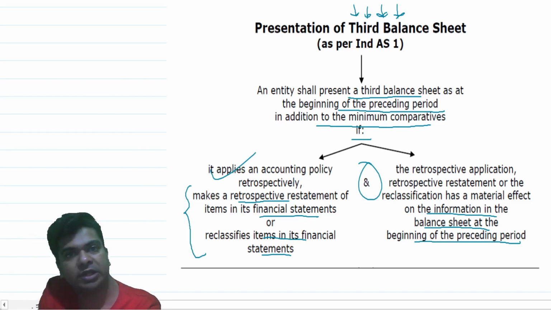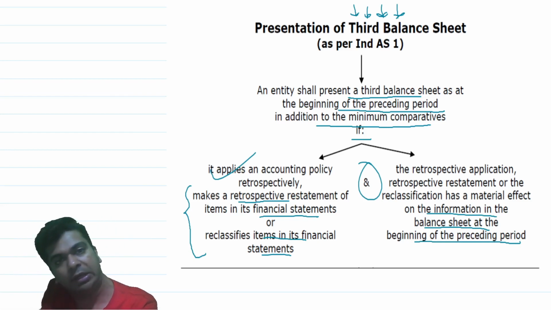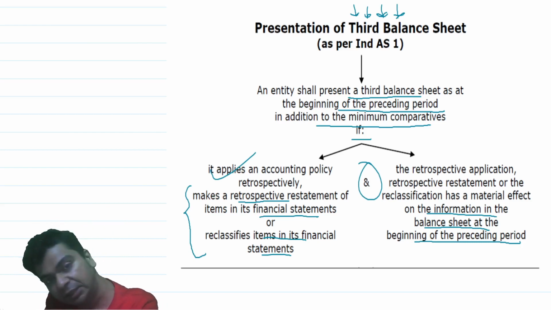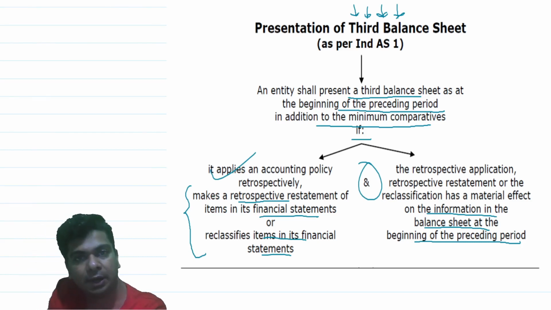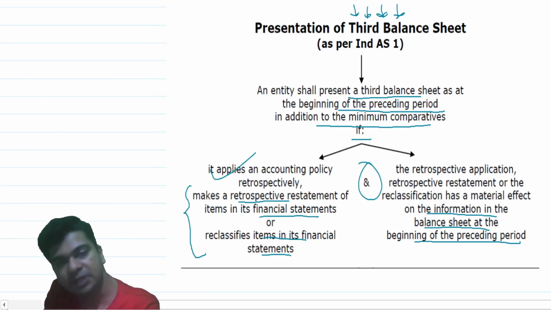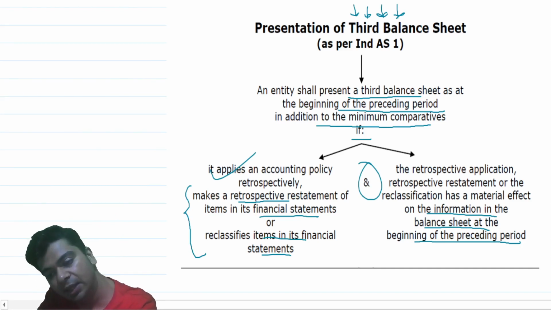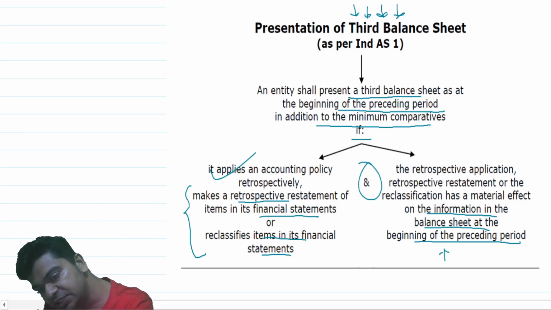Not recording wages of 10,000 means you have overstated your profit. Right, you should simply ask yourself, is 10,000 rupees material for your company? Let's say the answer is yes. That means it's a material prior period error. We have to give effect for the same. Opening balances of the beginning of the preceding year, that should be adjusted.